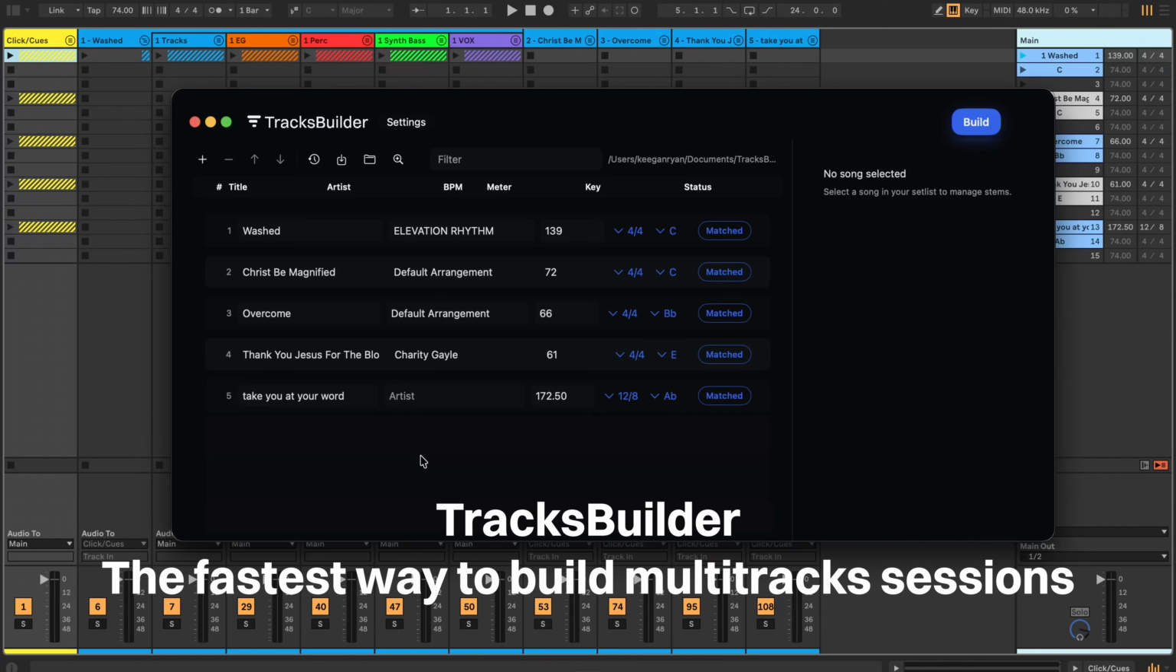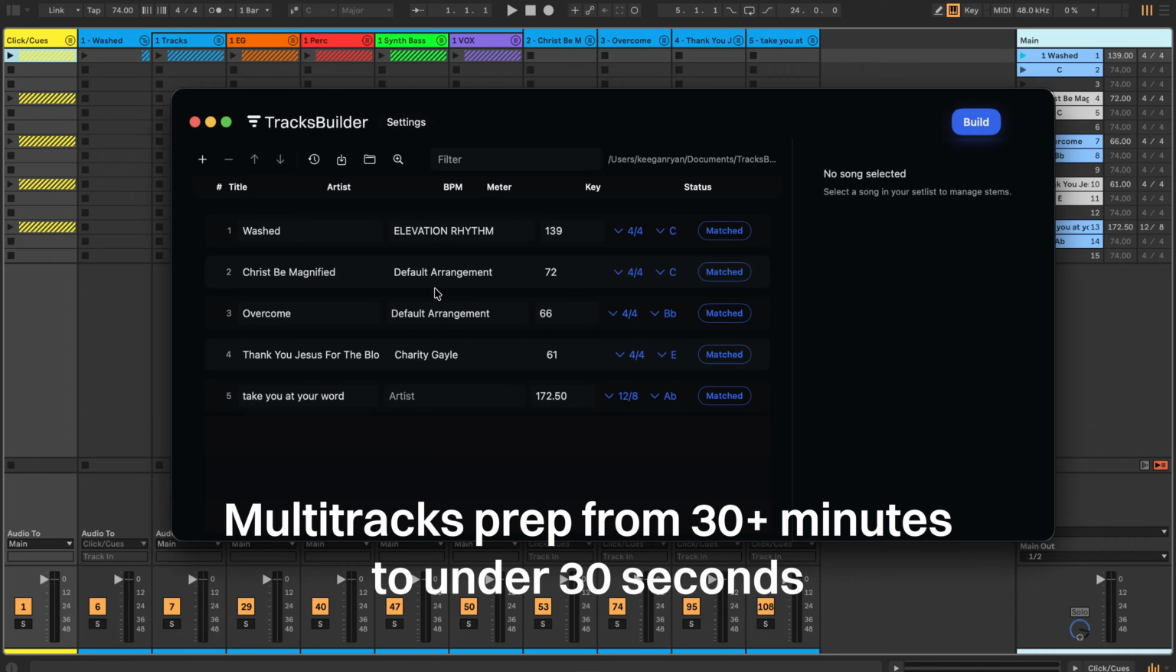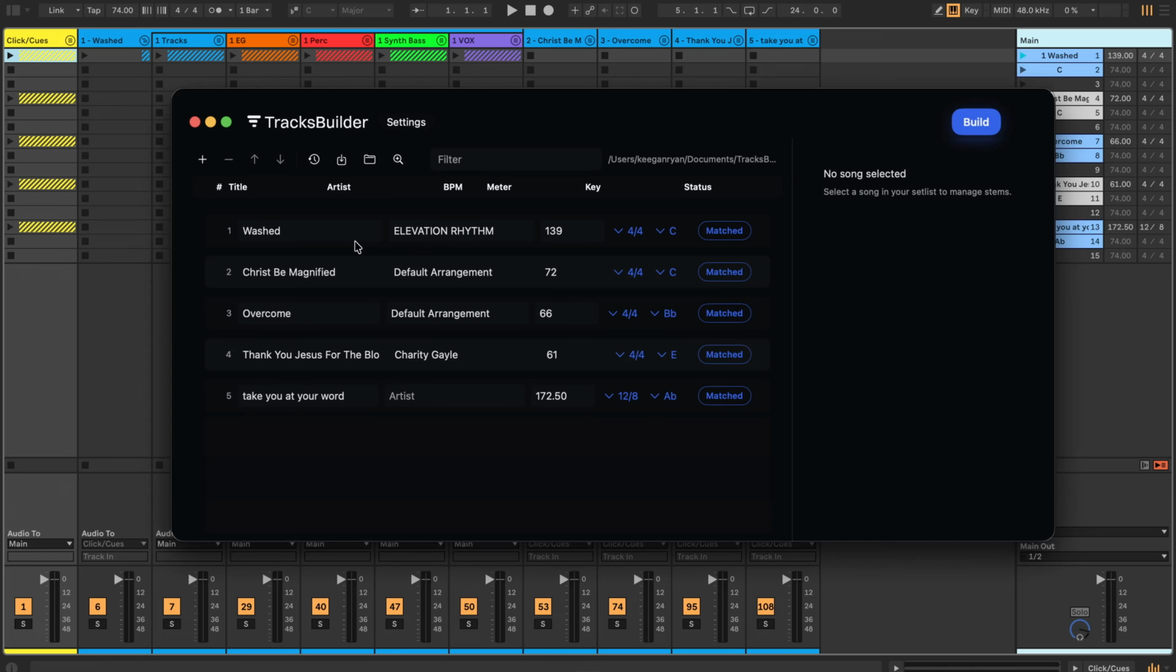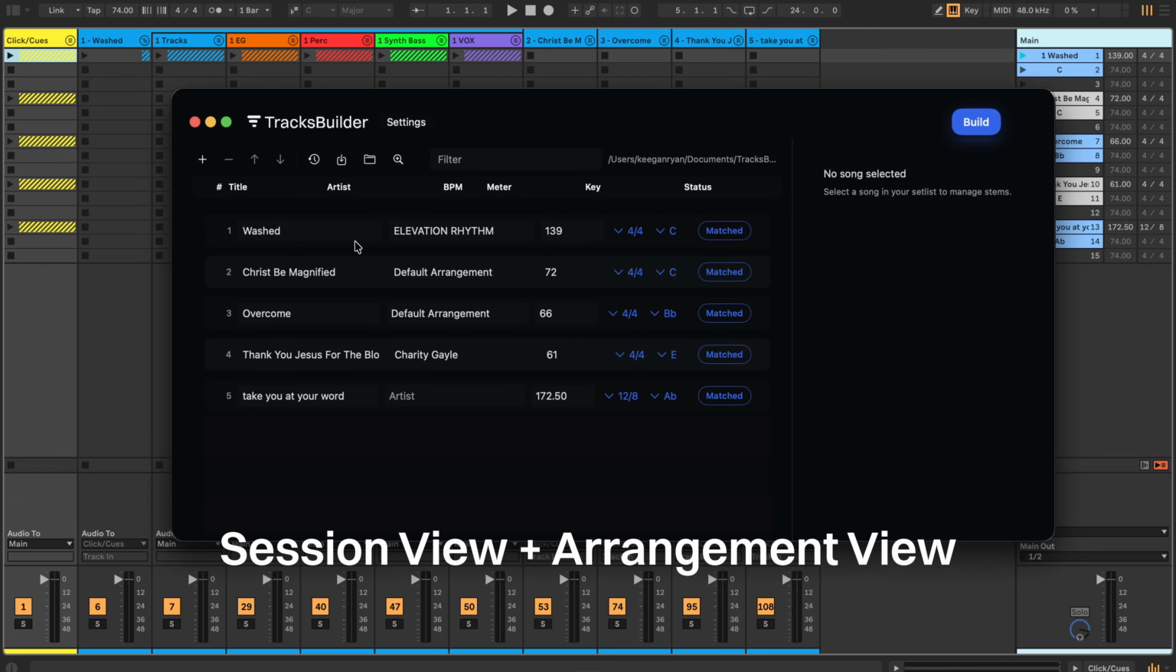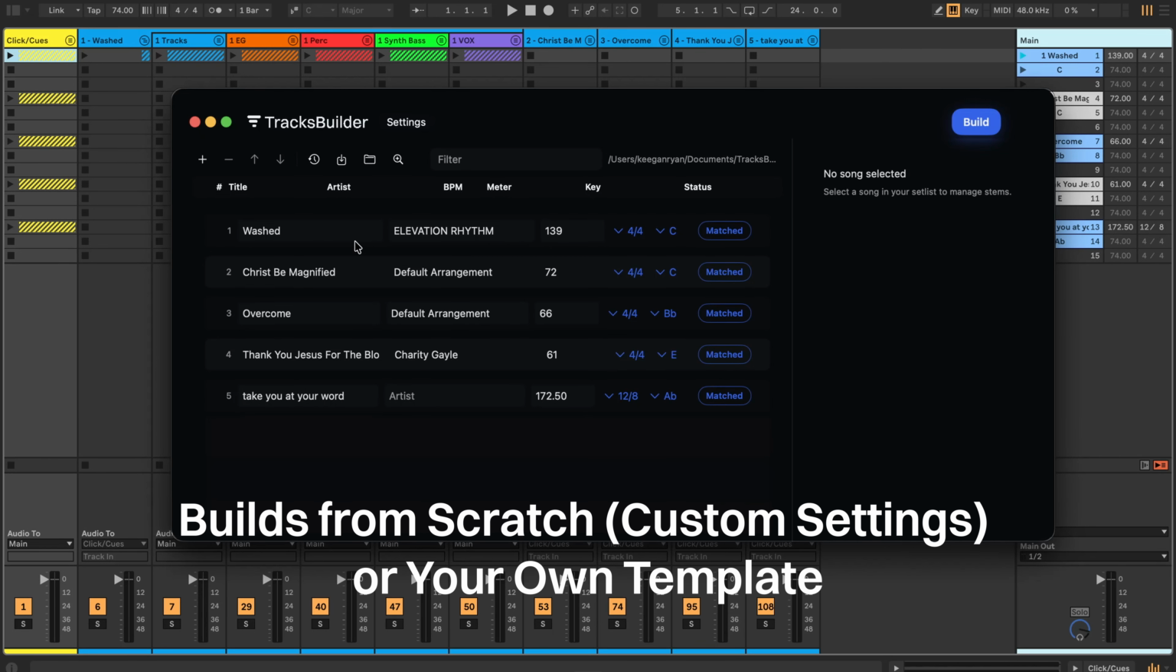This is TracksBuilder, the fastest way to build multi-tracks playback sessions in Ableton Live for worship teams and live audio. TracksBuilder will bring your multi-tracks prep from over 30 minutes down to under 30 seconds. TracksBuilder builds in session view and arrangement view and can build using custom settings from within the TracksBuilder app or